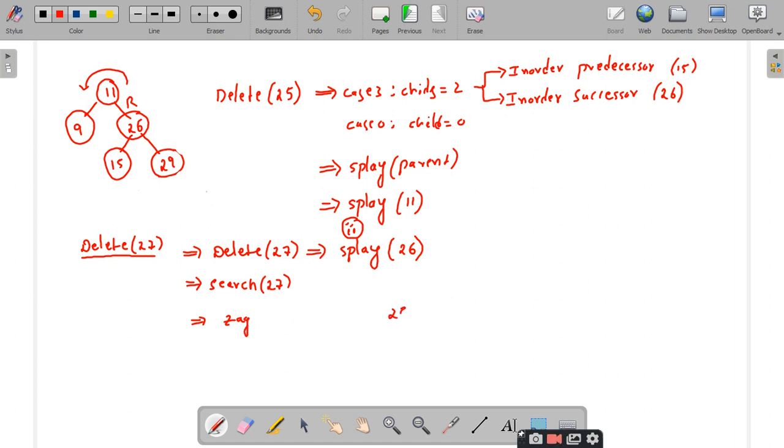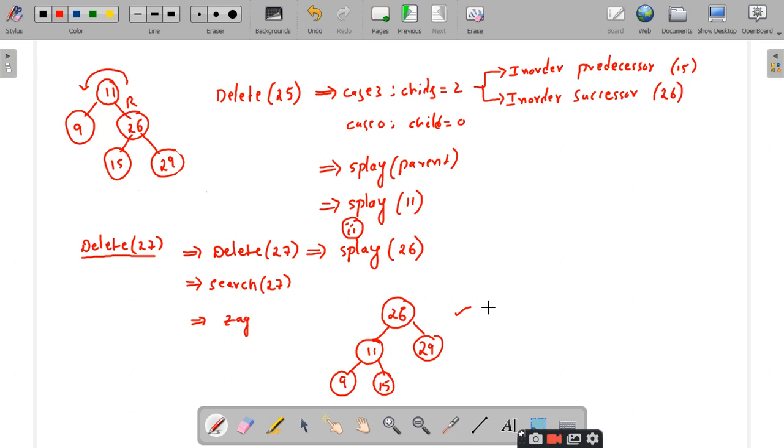After performing the zag rotation, I'll get 26 as the root node, 11 as the left child, and 9 comes to the left child of 11, and 29 is the right of 26, and the left child 15 of 26 will be coming to the right side of 11. So this is how you are going to perform the deletion of an element from the splay tree in the bottom up approach. Is it clear?